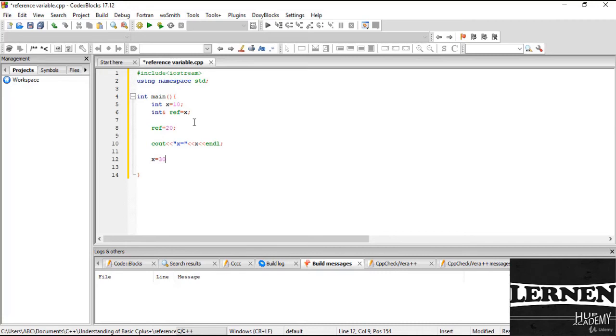Now x which is equal to 30. So the value of x is now changed to 30. First of all, the value of x is 10, then the value of x is 20 as a change of reference variable, and then now the value of x is 30. So cout here, I just write reference which is equal to, I just print reference here and then endl, and at the last I just write return 0. Okay, so now I just run this code,